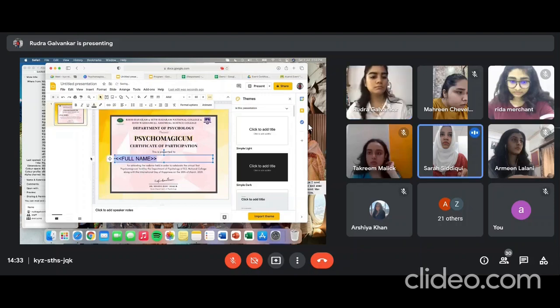Excuse me, can you repeat the previous step to link the sheets? To link it, you just have to write full name with the two lesser than and greater than signs. Just write it the way I've written it. And then you all can change alignments and make it more presentable. If you all want the size to be a little bigger, you all can make it bigger.